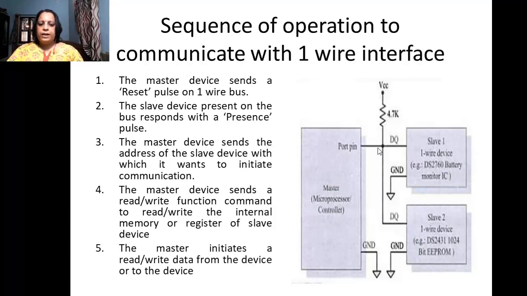Based on read or write, the direction of data transmission is fixed. The read and write operation occurs in the internal register or memory of either the master or the slave. Once the control function of read and write is acknowledged, the actual data transfer is initiated through DQ. These are the sequence of operations that occur in the one wire interface.